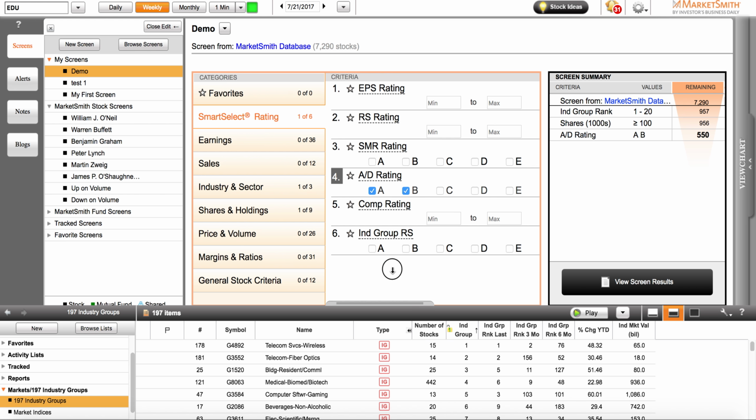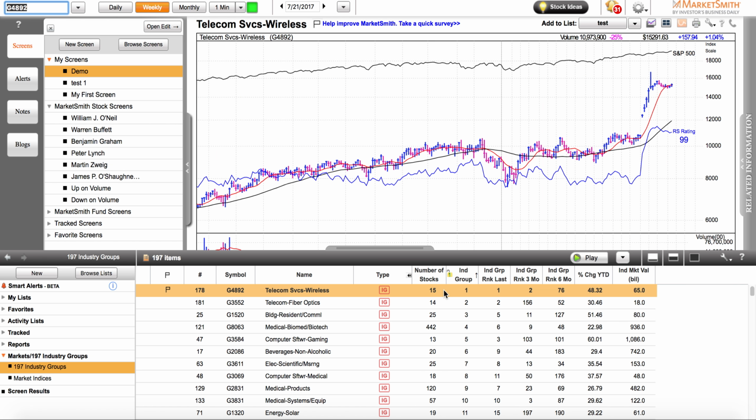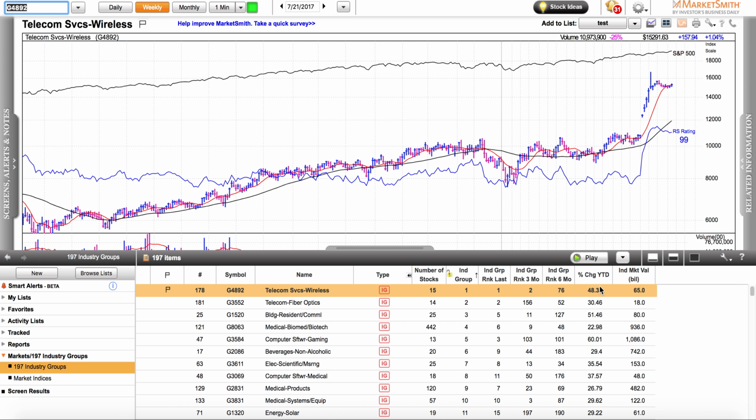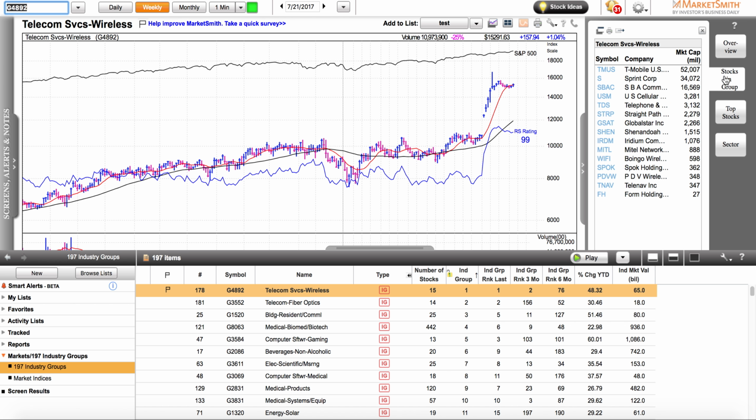So if you want to take a look at the top 20 industry groups, this is ranked between 1, scroll down, is all 1 to 20. All right, so if we click on it, we can actually take a look at, let's move this out. So the top one is telecom service wireless, right? You can take a look at the RS rating for the industry group, or you can just click on stocks in the group